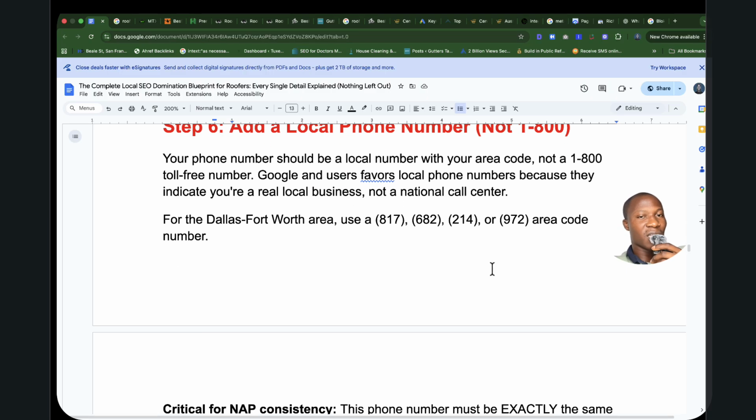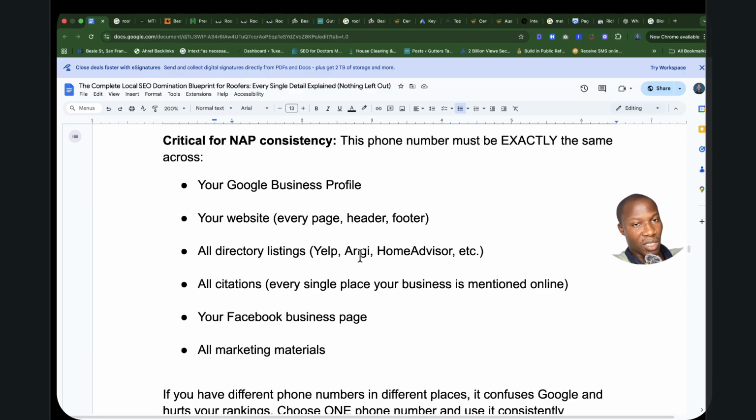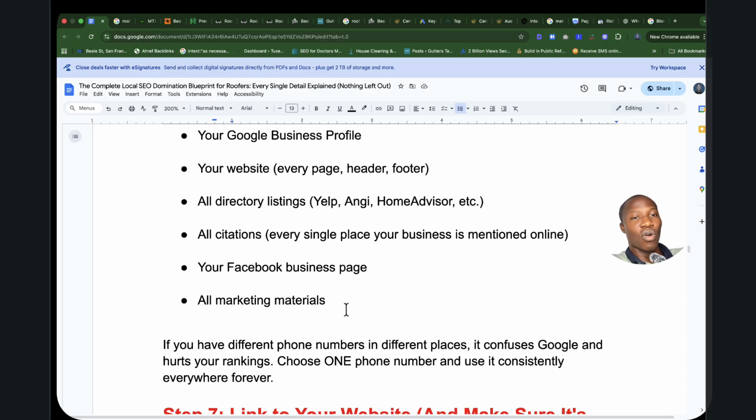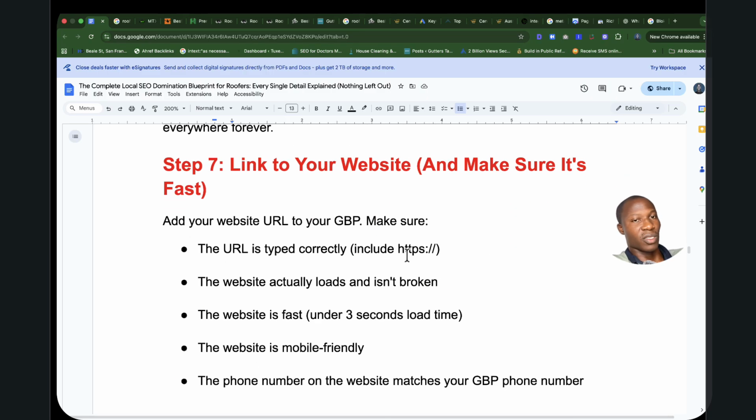So basically it signals, even to someone trying to book your service, that they see a local number and identify that, okay, this is local to my location, as against an 800 number. They see it as a global kind of service and they might then not want to click on you. It's also critical for NAP consistency, name, address, and phone number, across all directories, on Facebook or on Yelp, HomeAdvisor, Angie's List, etc.